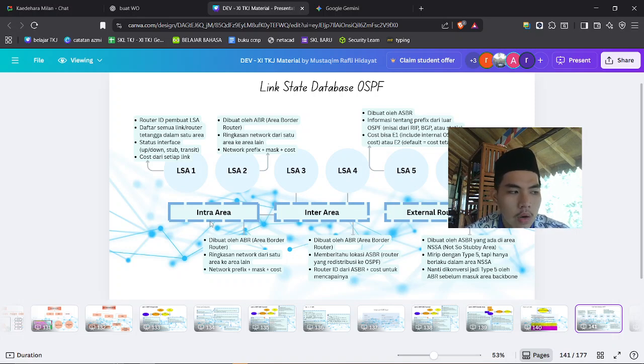Intra area means a router pings another router but they are in the same area. So this is LSA 3 and 4.